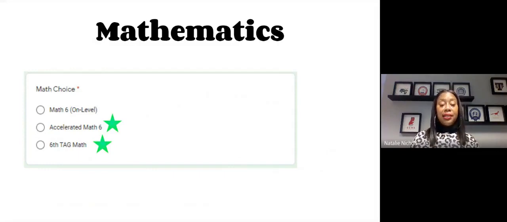If your student is in tag math and was in tag math in elementary school, then what that usually means is that they got pulled out for extra math curriculum. And because of that extra math curriculum that they had access to, when those students start middle school, they'll be in sixth grade, but they'll actually be starting with eighth grade math in sixth grade.